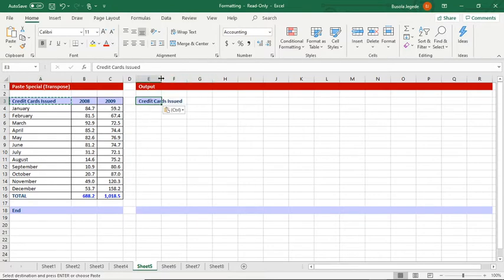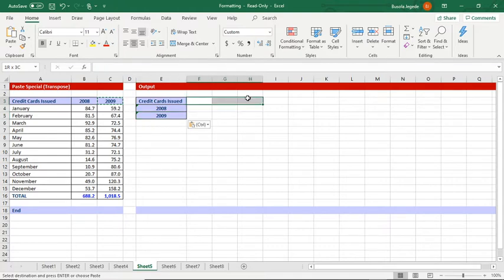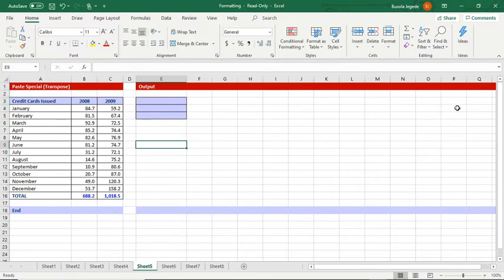where credit card issued 2008, 2009 are represented vertically instead of horizontally. Then January to December would fall here, and so on. You get the gist. So how do we do that? Let me remove this. So what you want to do to transpose this data horizontally is